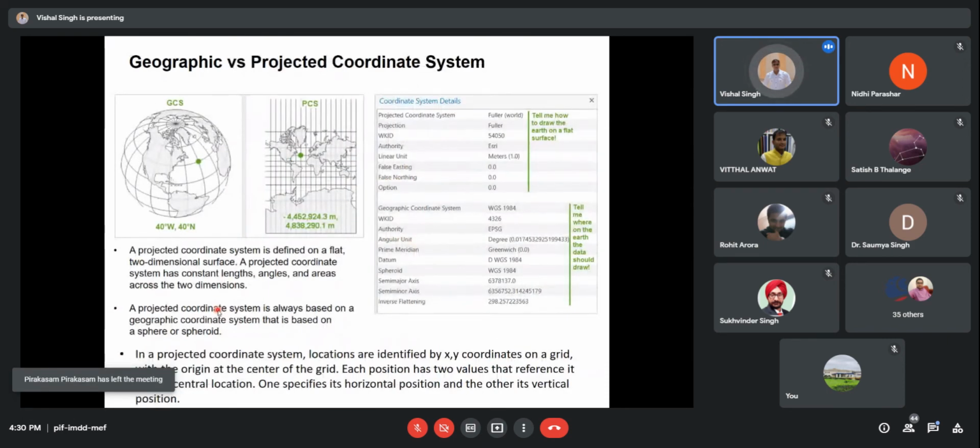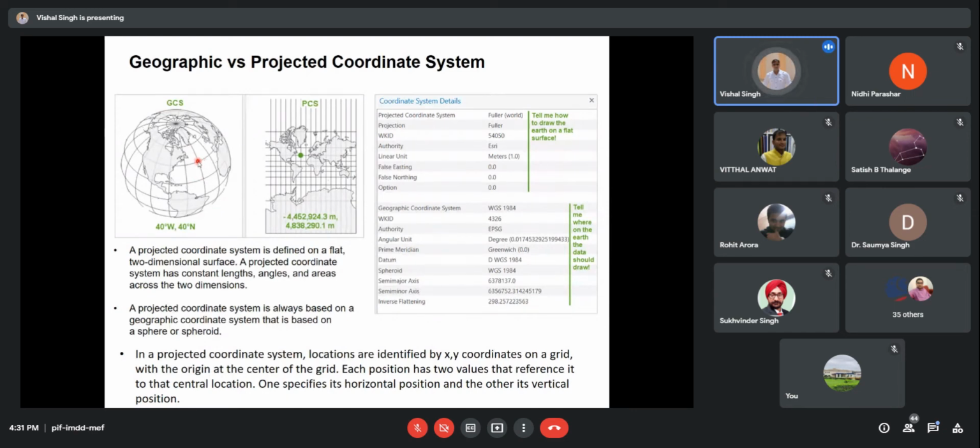So this is the difference between the geographic versus projected coordinate system. Here you can see the structure of the geographic coordinate system. Here you will get any information in terms of latitude and longitude. So this is your location.